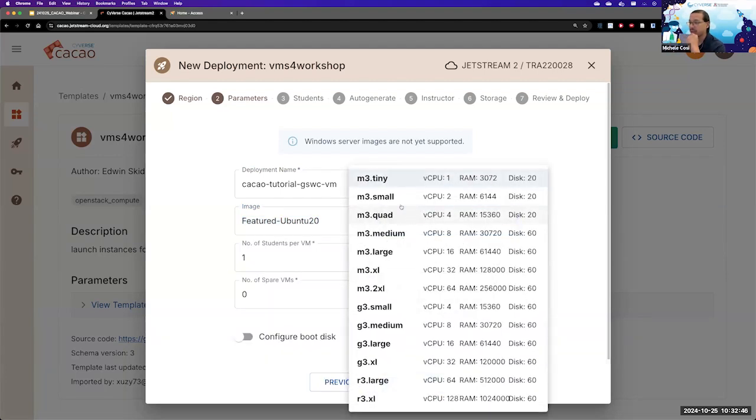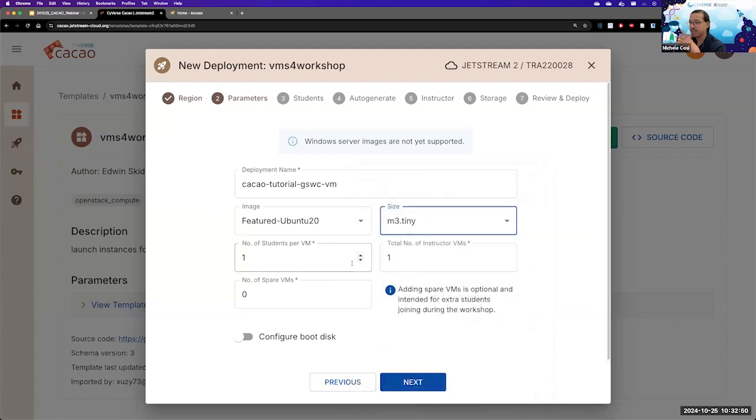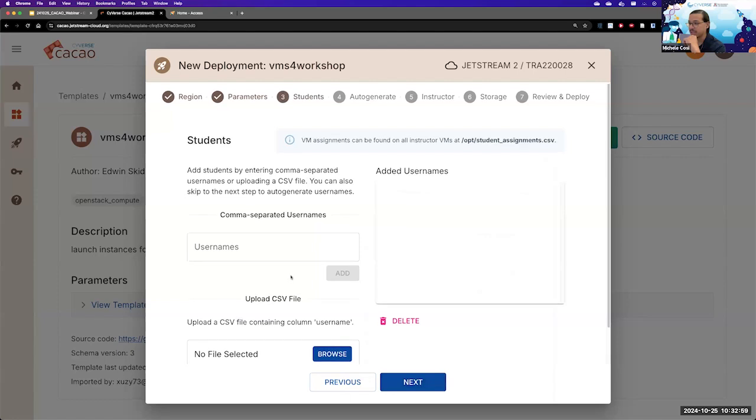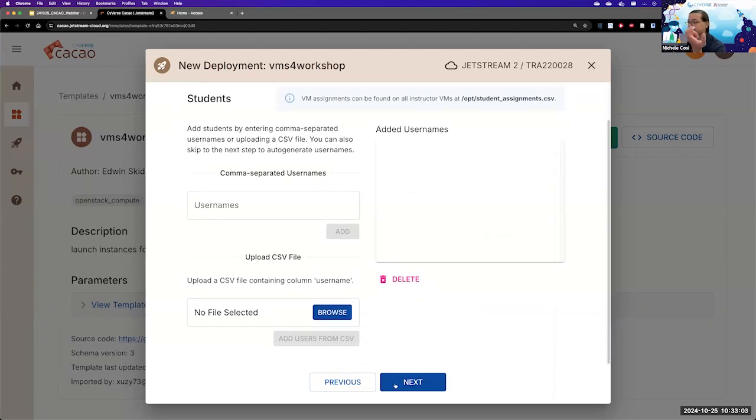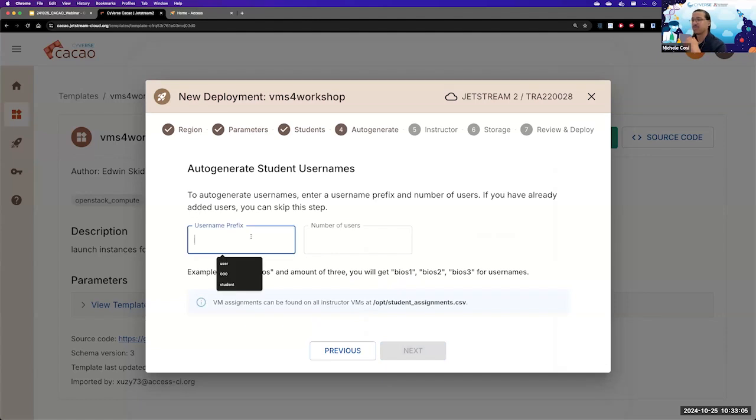I'm now going to go ahead and select a tiny, sure, for now will do, and one student, let's do 2 students per VM. A single instructor VM will do. I'm gonna go ahead and click next. I can upload a list of students, but I can also create a prefix for it. So I can just use the prefix user, and let's just say I want to run for 10 students.